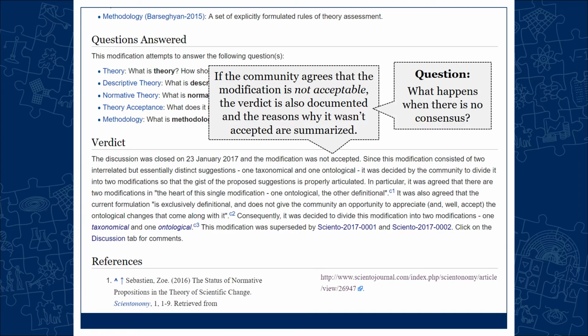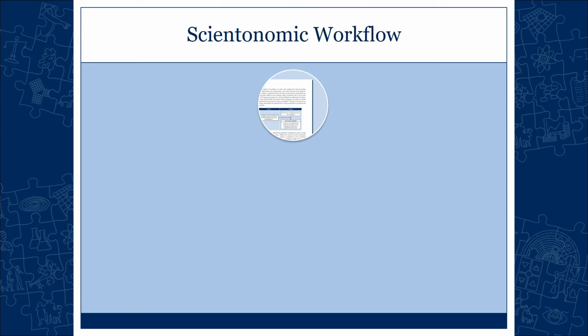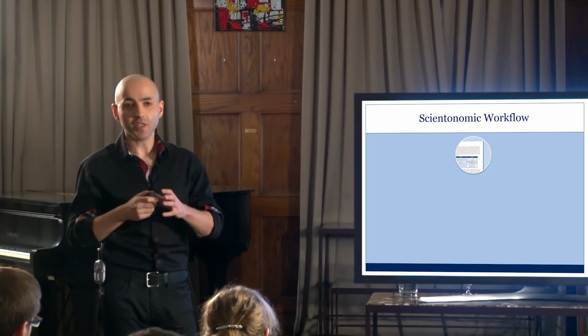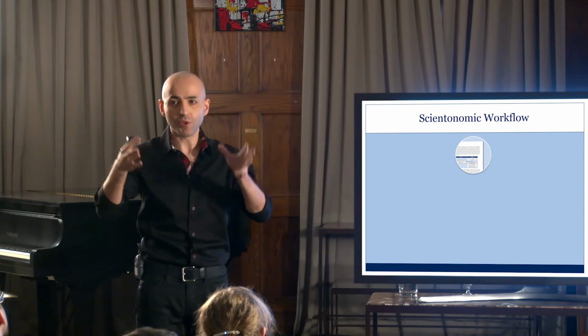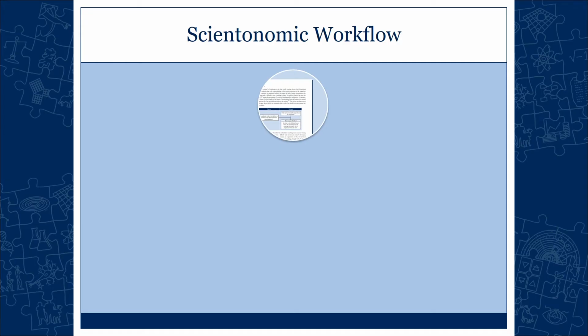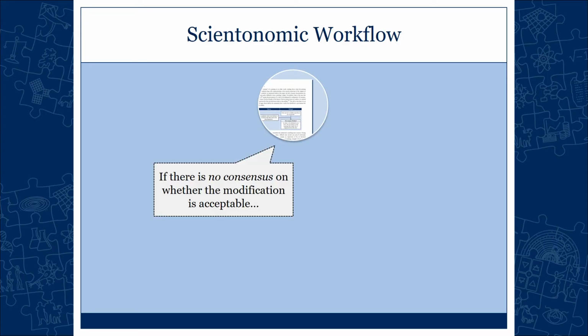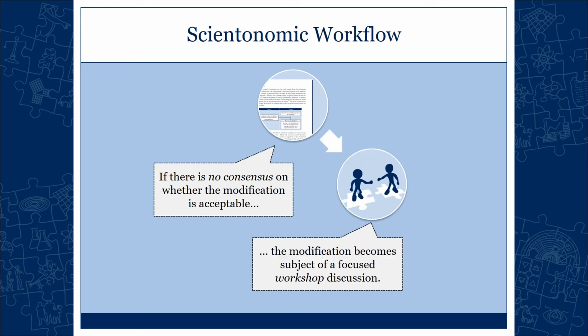Now, what happens when there is no consensus? What do you do? For that, you need a workshop. For that, you need a special format where you bring all interested parties together with a specific and unique goal of trying to bridge the gap between them. So if there is no consensus on whether the modification is acceptable, the modification becomes the subject of a focused workshop